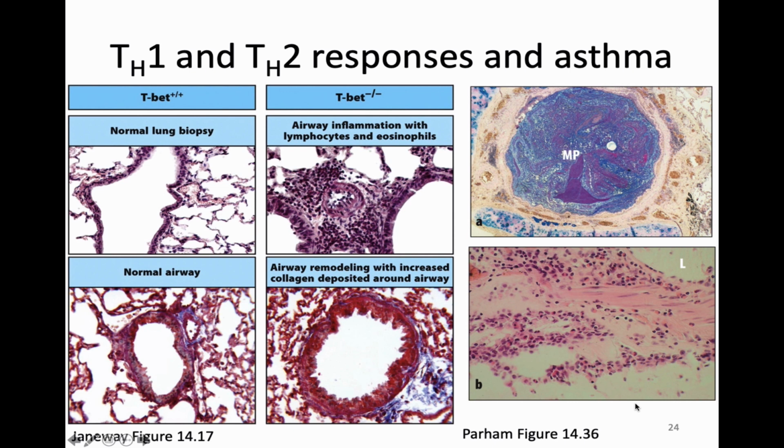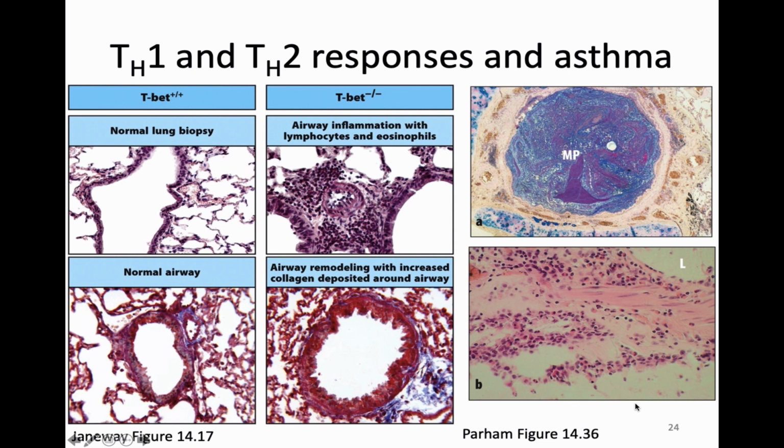Th2 responses are also particularly problematic in the case of asthma. On the far left-hand side, you can see the lungs in a mouse that has TBET, which means that mouse is able to make a Th1 response. In the middle, you see airways of a mouse that is deficient in TBET. That mouse cannot make a Th1 response, which also means that it makes an excess Th2 response. And now you can see that that mouse has airway inflammation and airway remodeling, which are some of the characteristic